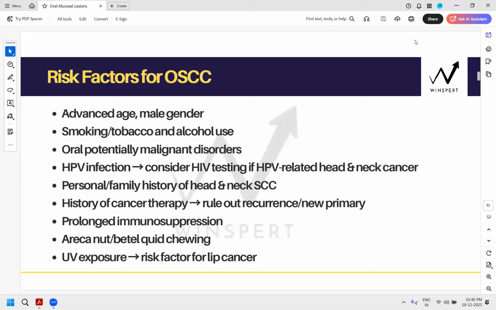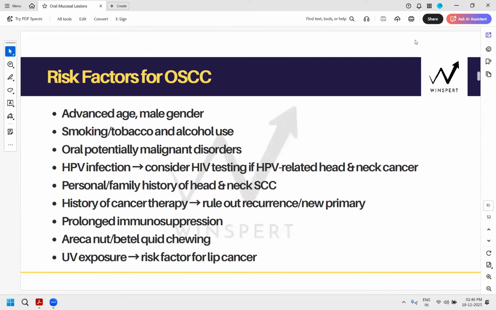Not all the patients will be HIV positive, Eric, but there are higher chances. That's why that testing is absolutely mandatory to rule that out. Even if they are not showing any other signs of HIV, still you would perform that test. Everybody understood the fourth point here?